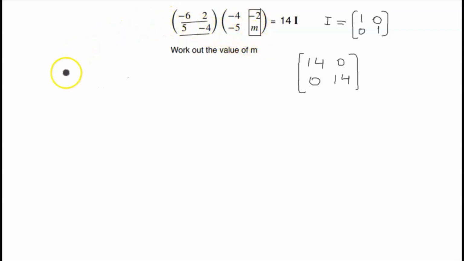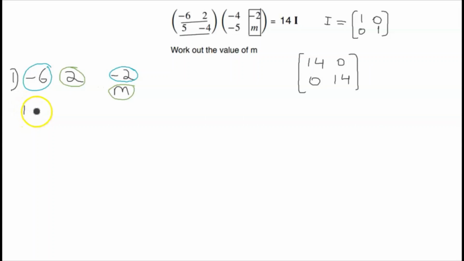So yeah, let's start. If we use the first row, so write 1 here, then we can just use -6 and 2, and we're going to times that by the -2 and m in the column. So if I just circle the first values in each of them, I've got -6 in this, and I've also got -2, we're going to times those together, and we've got 2 and m. So that's what we're going to times together after that. So -6 times -2 is equal to 12, because a minus times a minus is a plus. So yeah, 12, and 2 times m is 2m, so plus 2m, and that would equal, well,